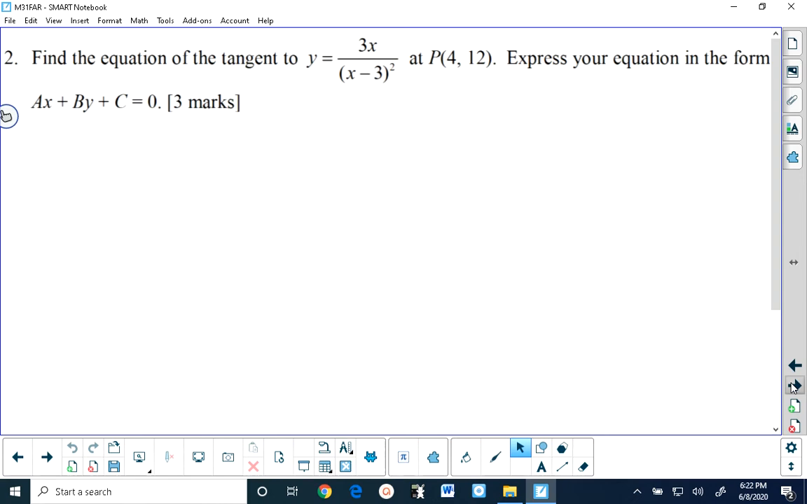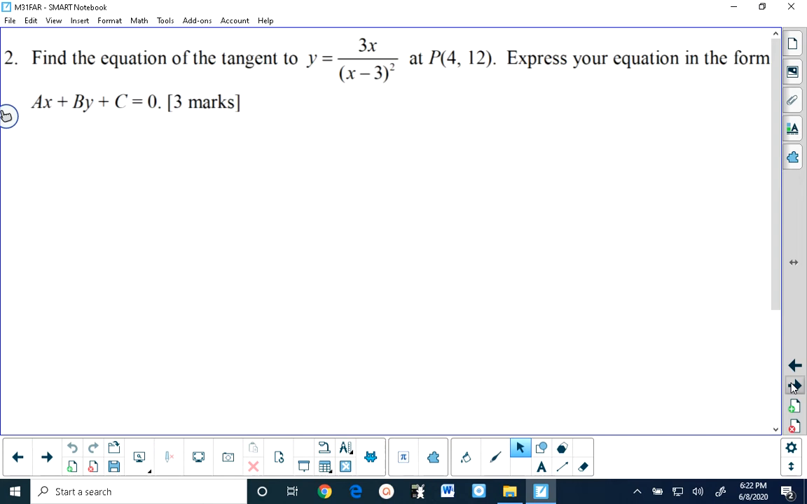The second question is a very basic application of differentiation. You are given a function and a point on the function, and you are asked to determine the equation of the tangent to the function at that point. Again, something that we've done numerous times. What you are going to have to do is use calculus to find the slope of the tangent,